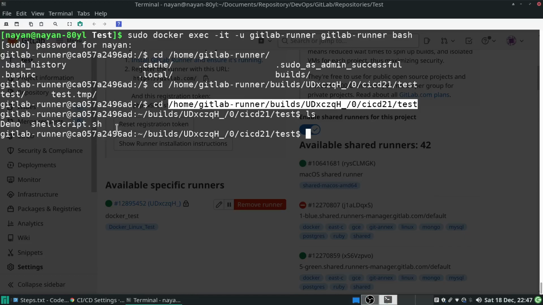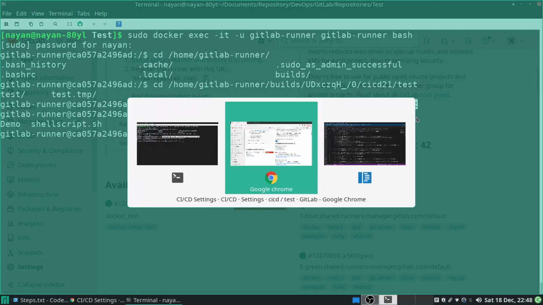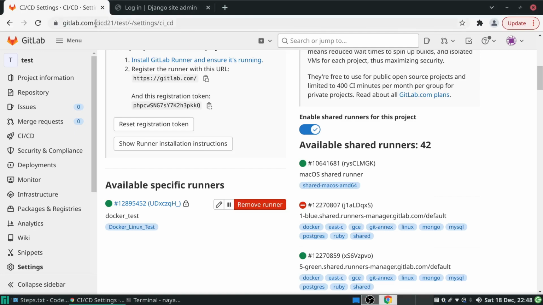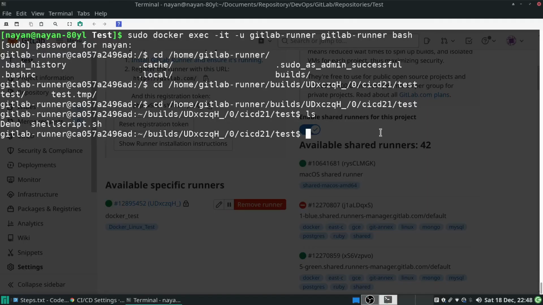If you have not made any changes to your build directory in the config.toml file, then by default the build directory, or CI/CD pipeline directory, will be this builds folder, and within that builds folder you will have your GitLab runner ID and then the project name. The project name comes from your project URL, and under that URL you will be able to get your project details and your CI/CD details.